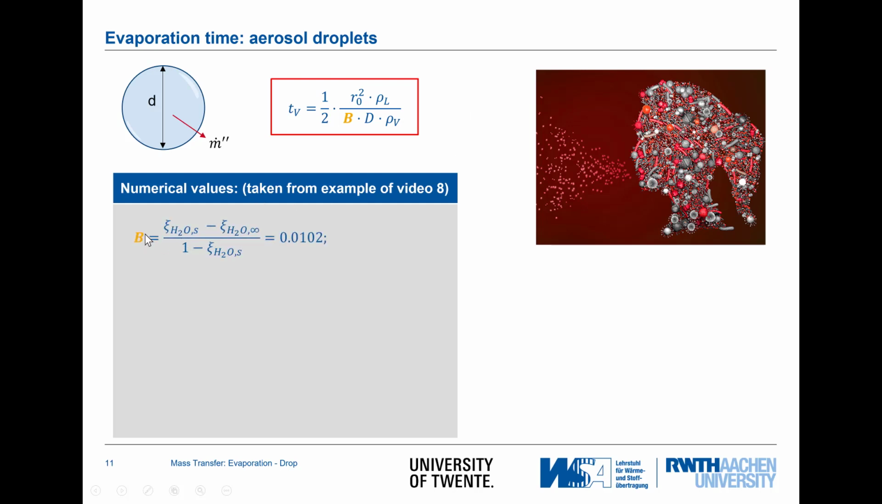The b I've taken from the previous example, the evaporation at the lake, and there's water vapor, so I've just replaced the vapor here by H2O. This was the value that can be equated with the values given there. The diffusion coefficient I assume to be 2 times 10 to the minus 5 meters squared per second. You might find slightly higher values in literature, but that's fine for the first estimation. Liquid density 1000 kilograms per cubic meter, and the vapor density here I'm estimating by the general gas equation, and